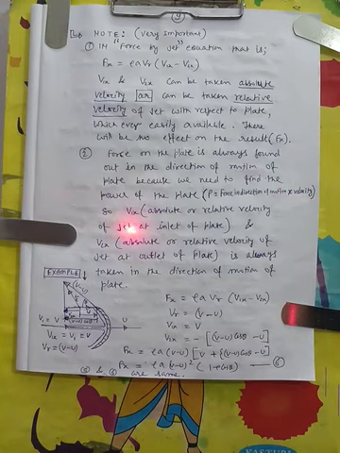So V1x is the absolute or relative velocity of the jet at inlet of the plate, means when jet is striking on the plate, and V2x is the absolute velocity or relative velocity of the jet at the outlet of the plate, means when jet is leaving the plate. It is always taken in direction of motion of plate. So V1x and V2x are always taken in the direction of motion of plate.